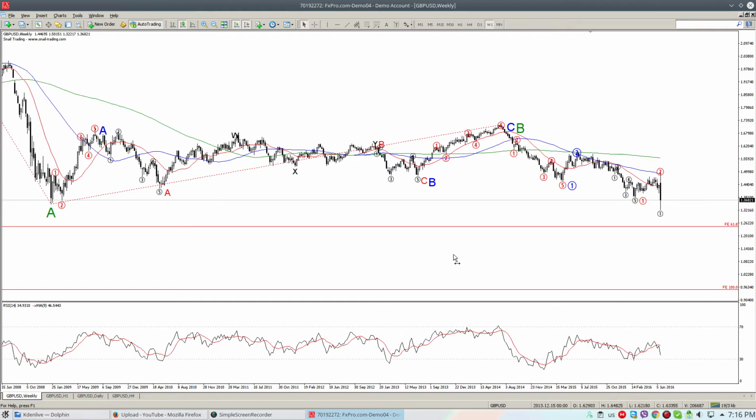This will be the point where this wave A will be equal to wave C that started here, and